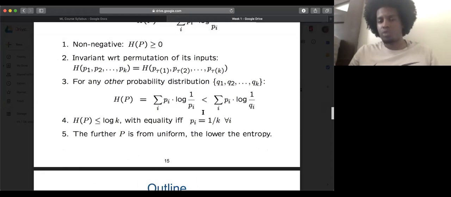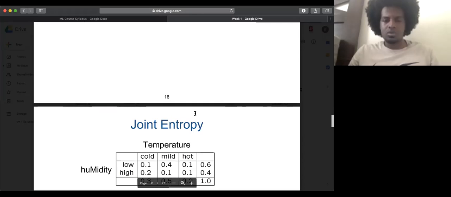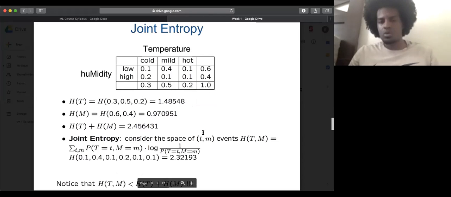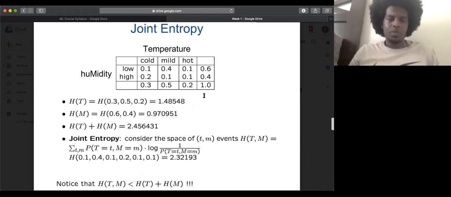So the equation, like you saw above, is the sum of p_i times the log of 1 over p_i. That's usually log base 2. Okay. Yeah, everything here is log base 2. Oh, okay. So I guess we were wrong, it doesn't have to be less than 1. So here all you're doing is taking the sum of H of 0.3 plus H of 0.2 plus H of 0.5 and summing them. So that gives you 1.4.